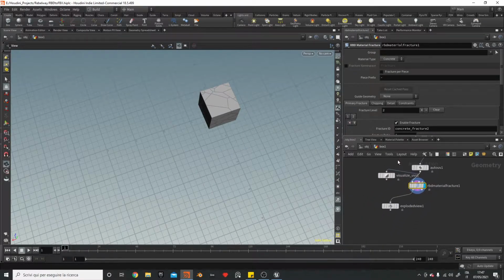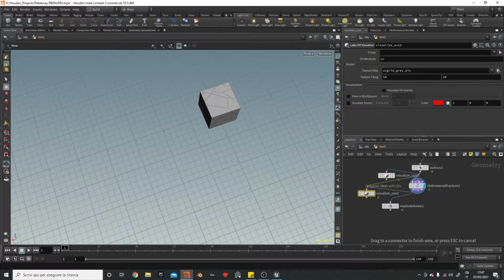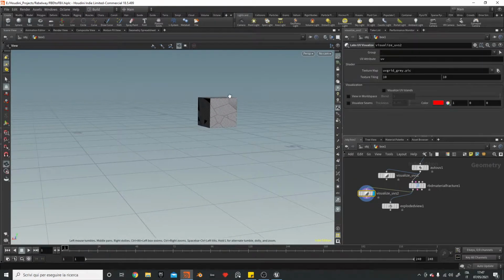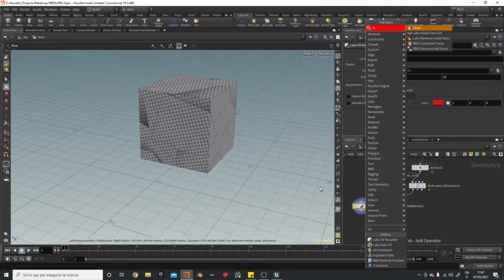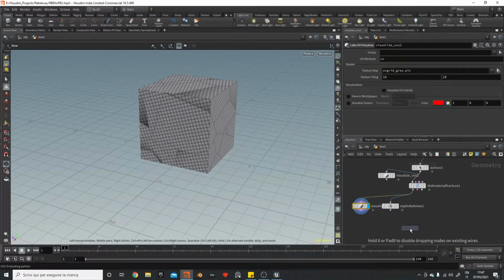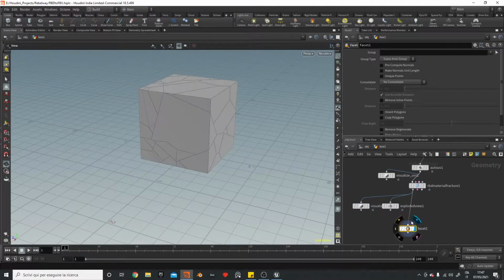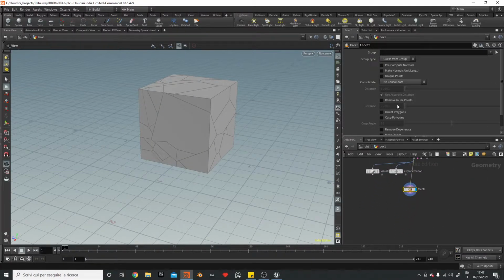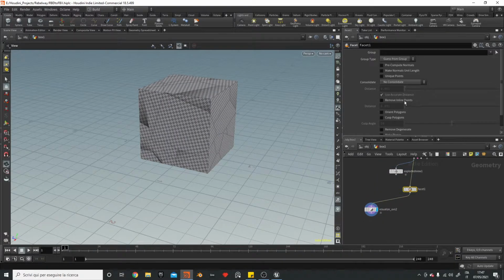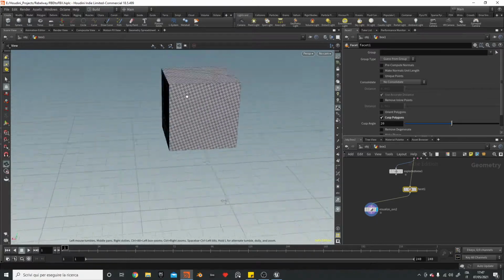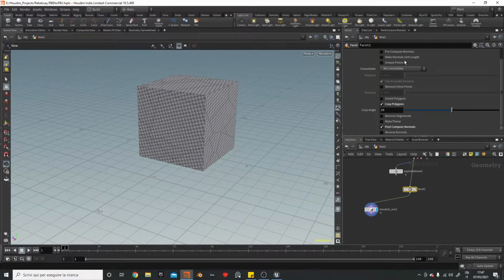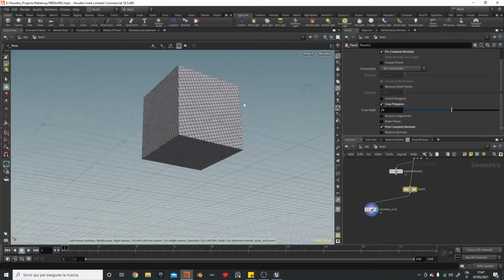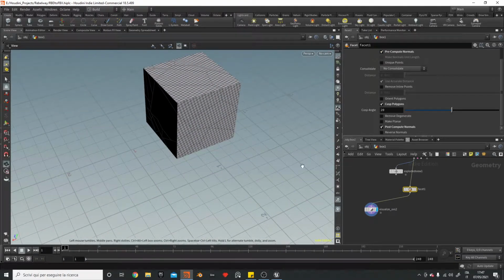Let's check. Okay, it should keep the UV, so it should face it. Okay, and we post compute normal. So basically it works, but